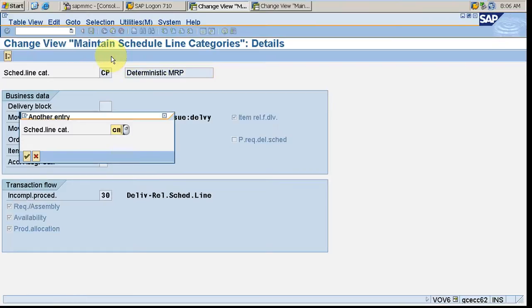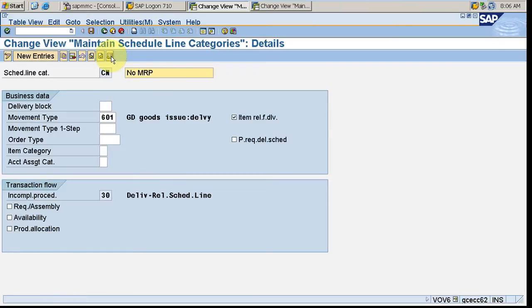And CN, no determination, that means MRP must be run. Based upon the MRP only we can further process all the things, that is manufacture the goods, create an order, whatever it is. Okay, but with no MRP you don't have all these things. Okay, so this is schedule line category, and we'll see schedule line determination.